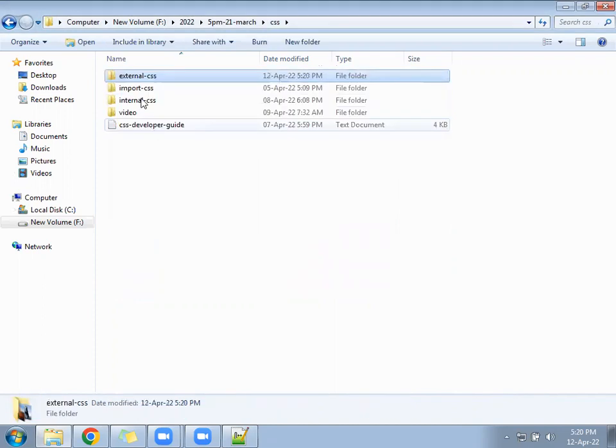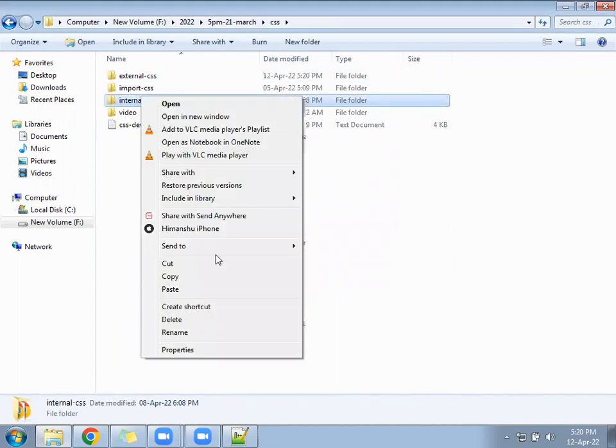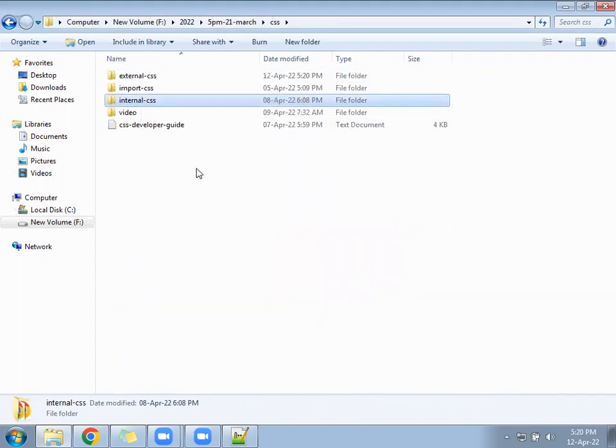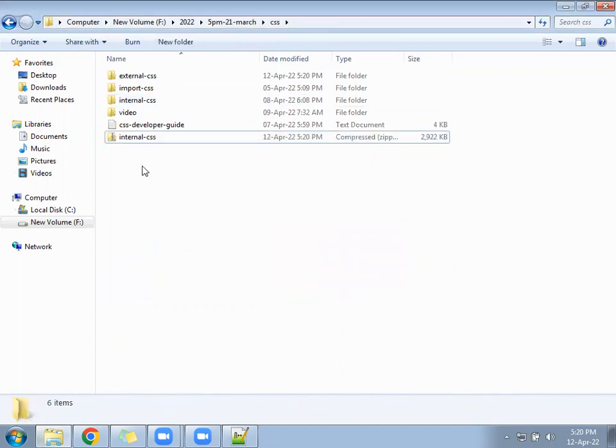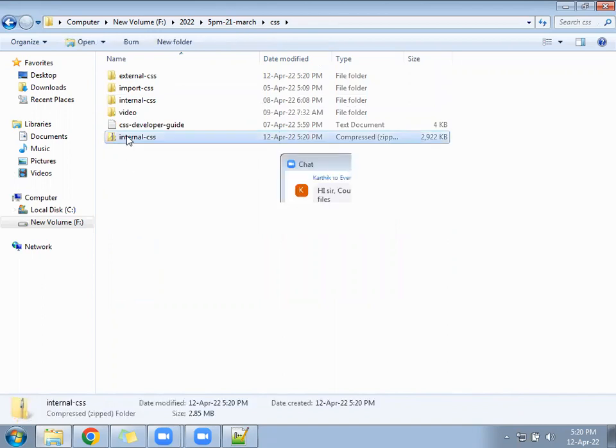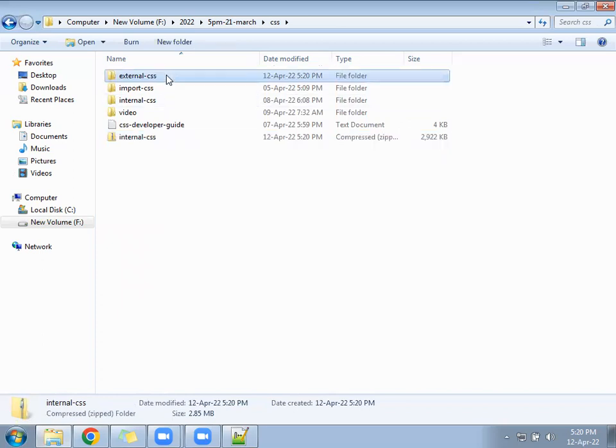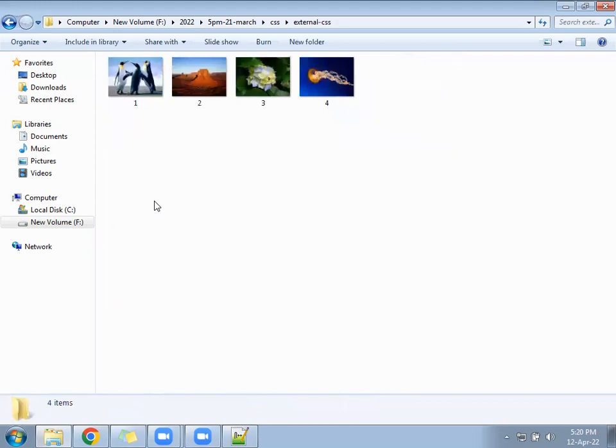I will share the internal CSS folder directly, you can use that. I will send the complete internal CSS folder, this folder has all the files. So the internal CSS folder came to your chat. Today's files will go under the external CSS.